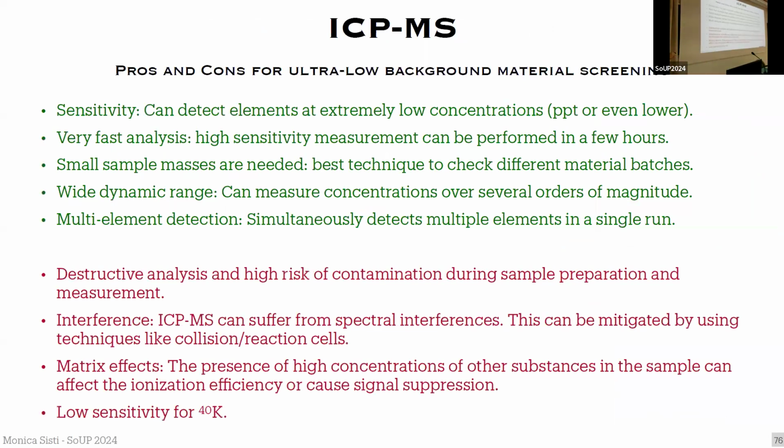So with ICP-MS, you have a very good sensitivity, PPT or even lower. The analysis is very fast. I didn't mention it, but these measurements require a few hours, so this is very convenient. You need small sample masses, so if you have small samples, this can be a solution. You have a wide dynamic range of multi-element detection, so you can measure several elements at different contamination concentration levels inside the material. It's a destructive analysis